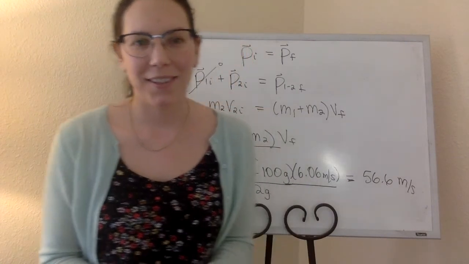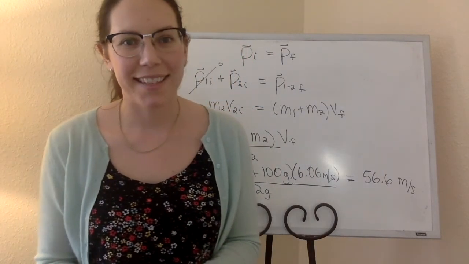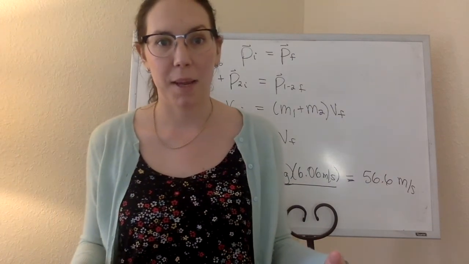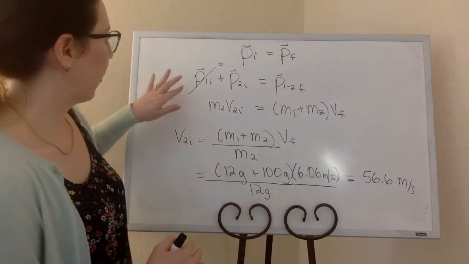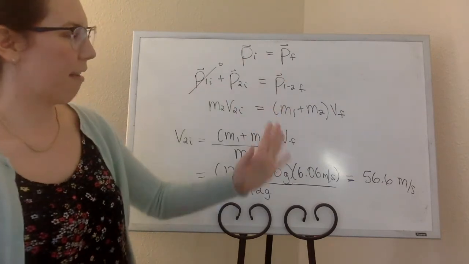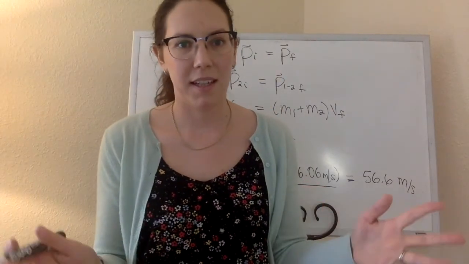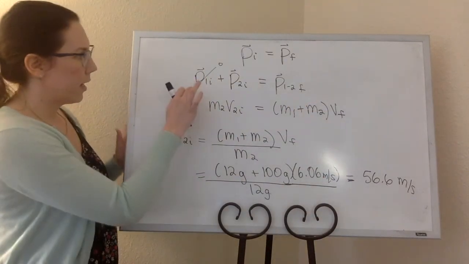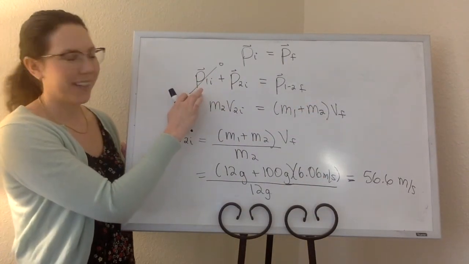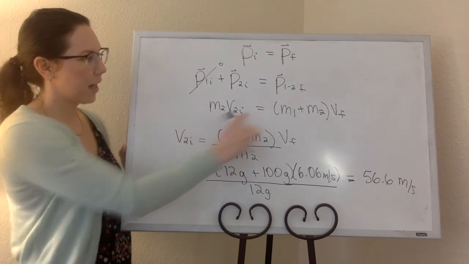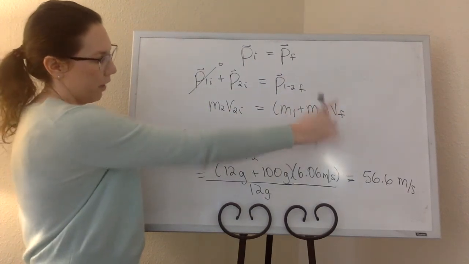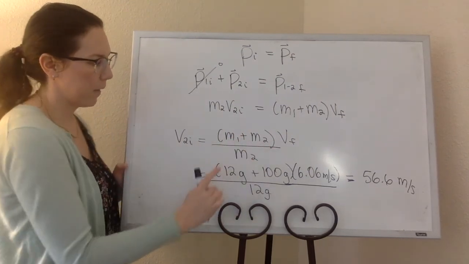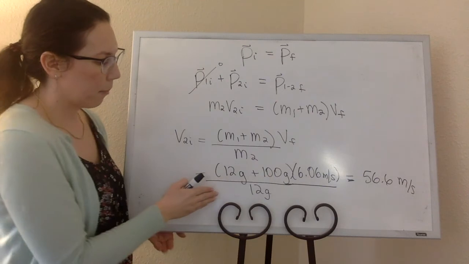Okay, I paused just so you don't have to watch me erase and write this out, but now we have the total initial momentum equals the total final momentum. And so p1i plus p2i, and then at the end, the sticky clay is attached to the block, so just one momentum term. And initially the block's at rest, so that term is 0, and I have m2v2i equals the total mass times vf. Rearranging for v2i, we have the total mass over m2 times vf, and plugging in the numbers here,